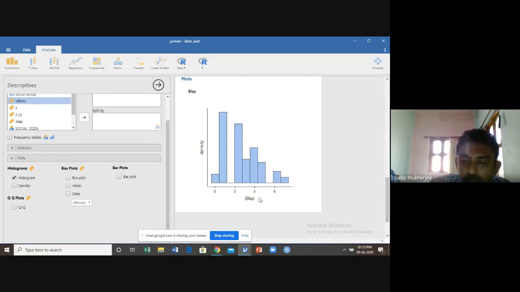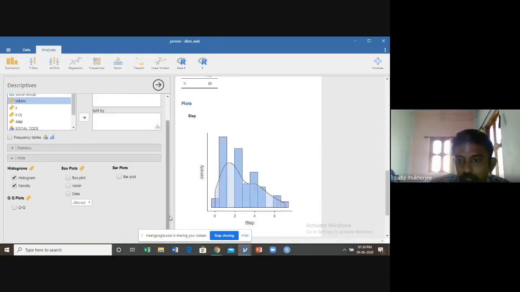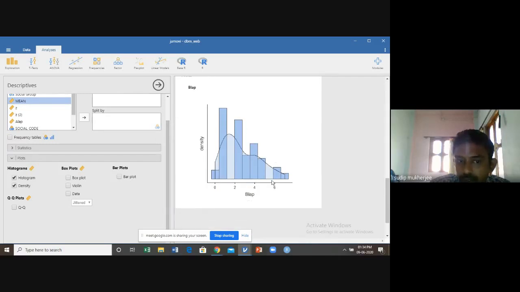This is the histogram for laptop or computer use before the lockdown period. The maximum concentration, the modal value, is more or less 1 hour. We can also plot the density in the same diagram. This is the density plot.